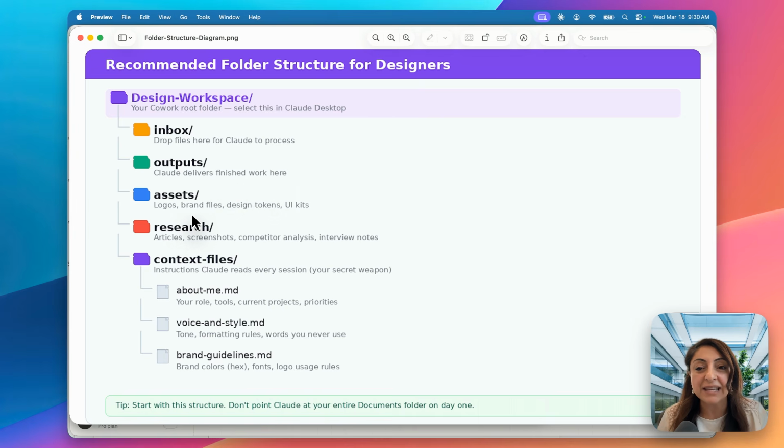Assets are things that are useful, that you use often. Let's say your business has a brand, or your company has a logo, or different design tokens or UI kits that you want to leverage. You put them here. Research is where you would gather the different things you're doing, like articles, screenshots, competitor analysis, interview notes. And context files is where you would add all the context that you want Claude to leverage within